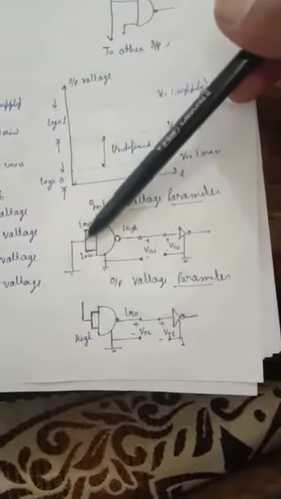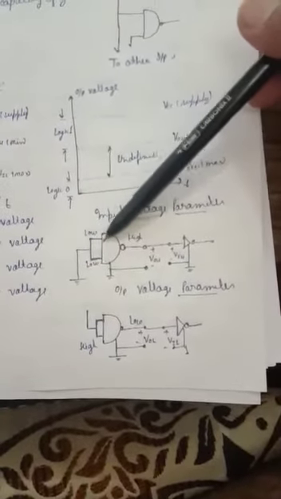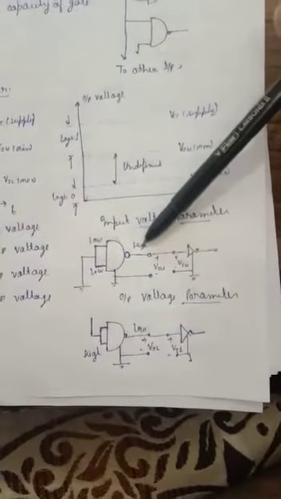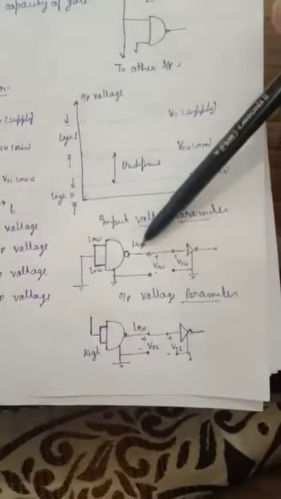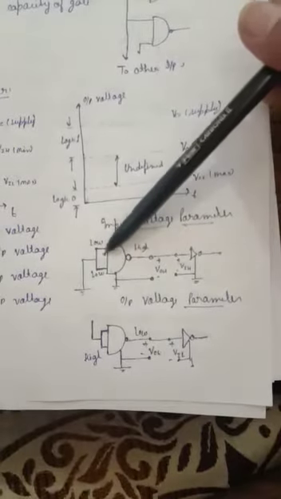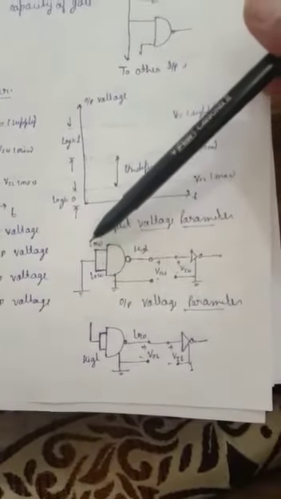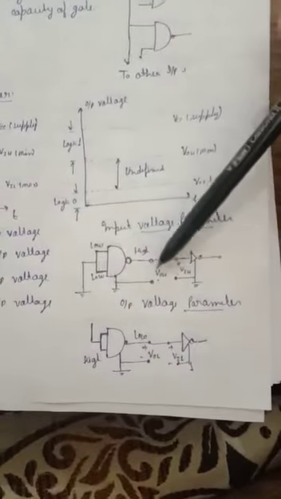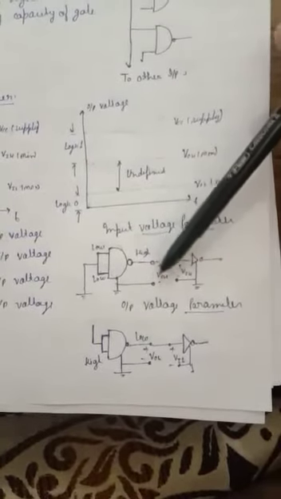In the previous lecture, we were discussing the voltage parameters. Now, we see in this circuit the input is low. Low means we are giving 0 and getting the high value of the output, because the gate is working as an inverter. When we give 0, we get 1 at the output. The corresponding output is VOH.